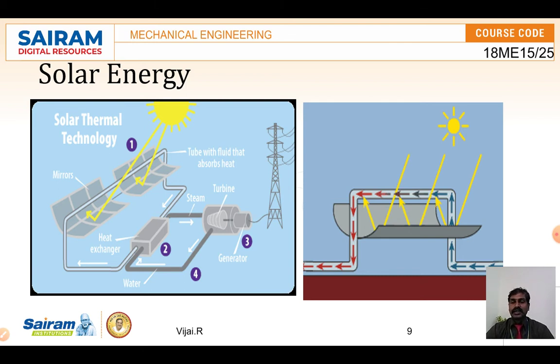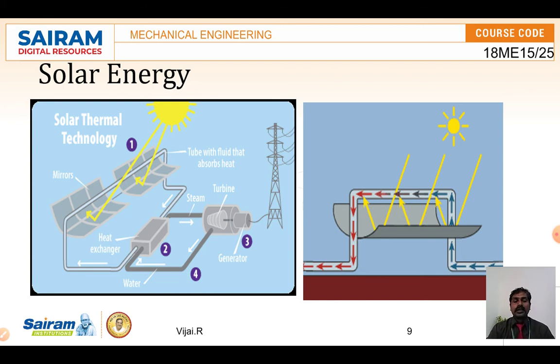There the water is heated up, and this hot water exchanges heat with the help of a heat exchanger, number 2. Here you can see the heat exchanger. On the left, a pipe carries a fluid which can absorb heat and will not vaporize easily. When it passes through the heat exchanger, it transfers the heat to the other side, and the water becomes steam and falls on the turbine to rotate it and generate electricity.